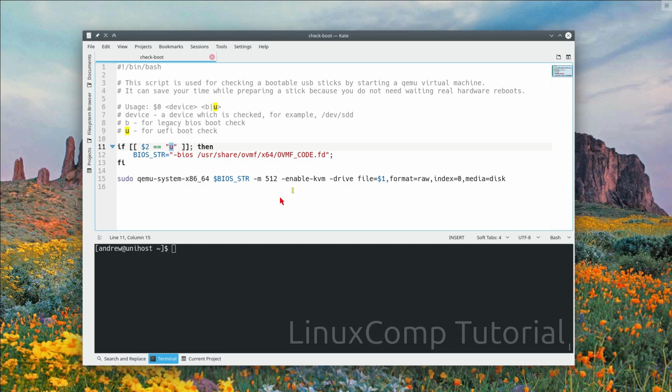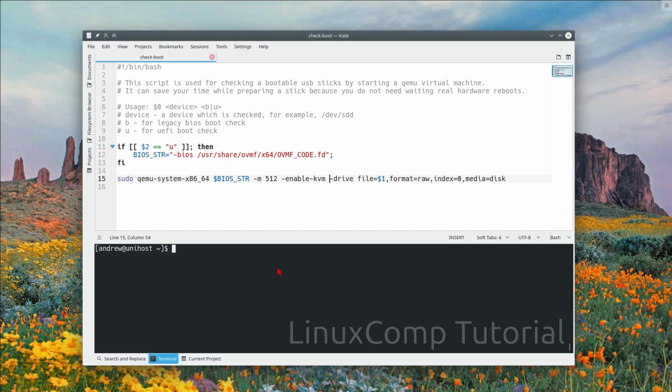So we need to assign some memory to our machine, enable KVM because without it it is working much slower, and then define our device as a drive. In this case it's indexed 0, and that's it. I only needed to check USB thumb sticks, so I do not need to check any ISO files themselves, but you can actually do this with the CD-ROM option.